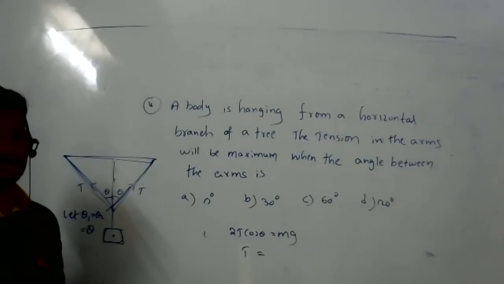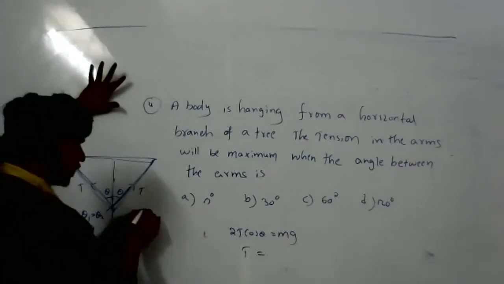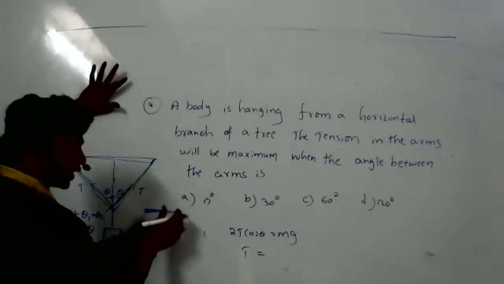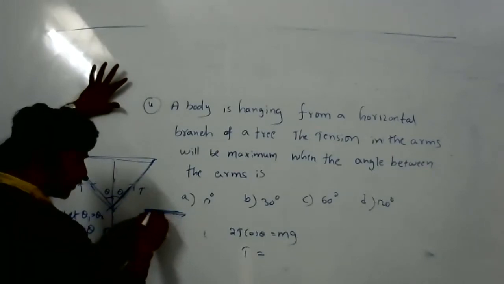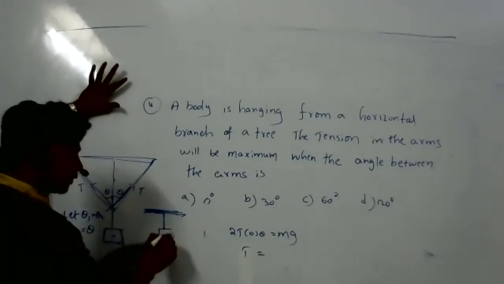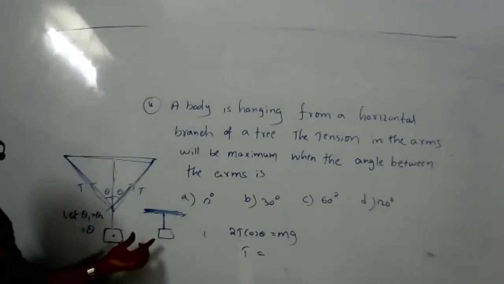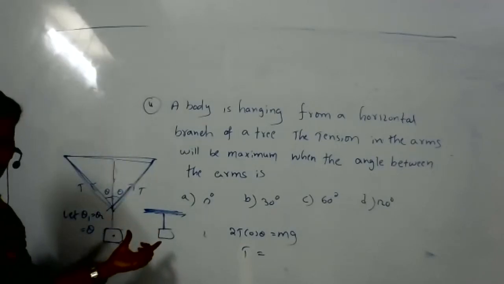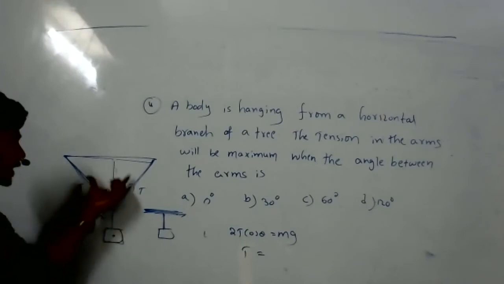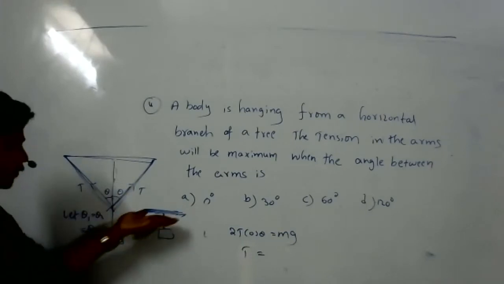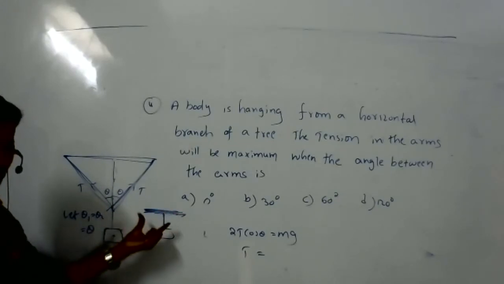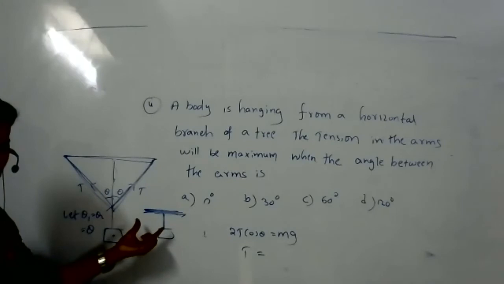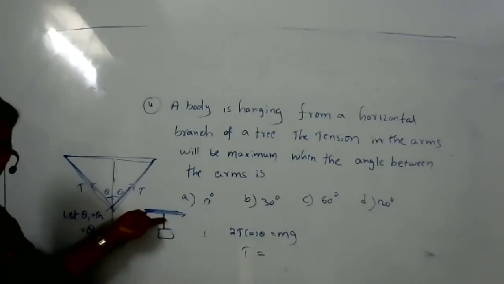Sir, can Nagabhushan repeat whatever he said again? Suppose one of them is the arm. So what he's telling is, if you hang the body here, the tension will be more or less. It will be more before, as the angle is decreasing here. Before it is 180, right? Here it is 180. And it's hanging at a 90-degree angle. So here tension is more or less.